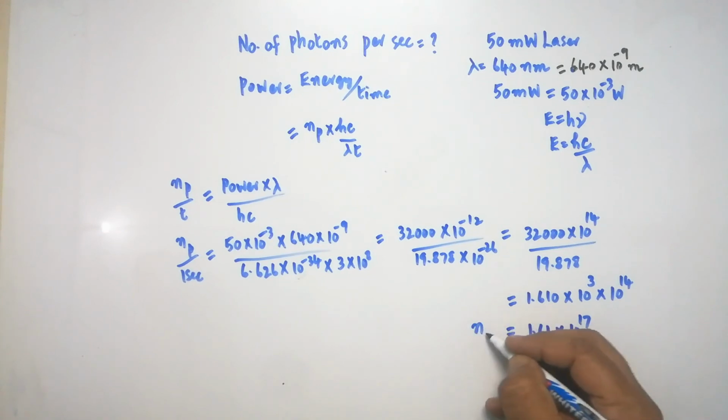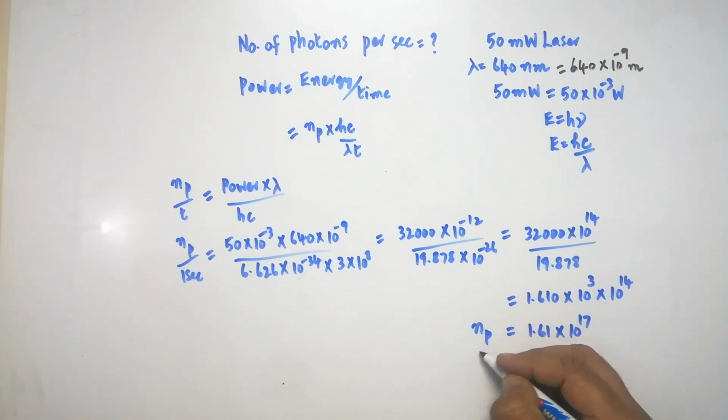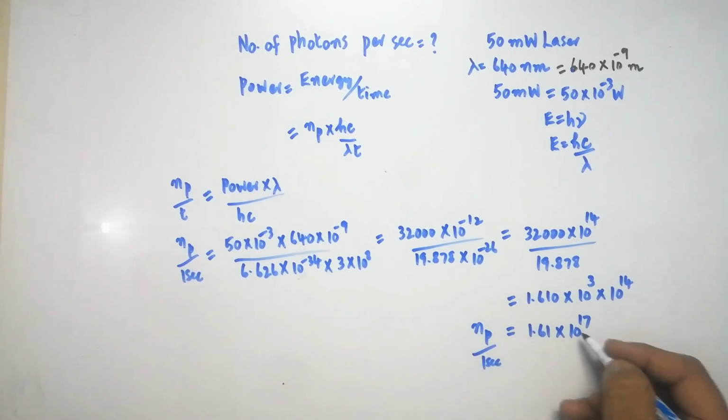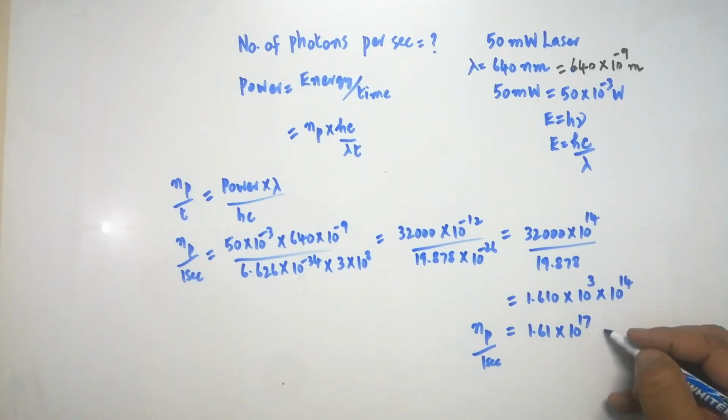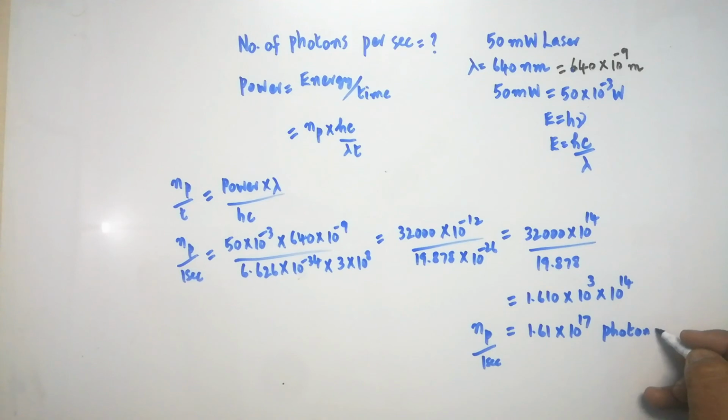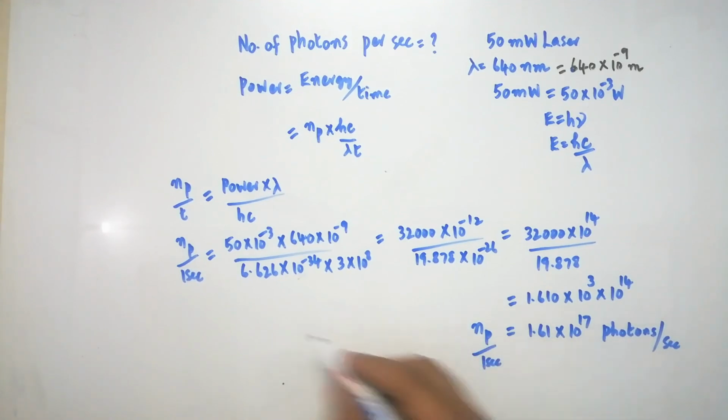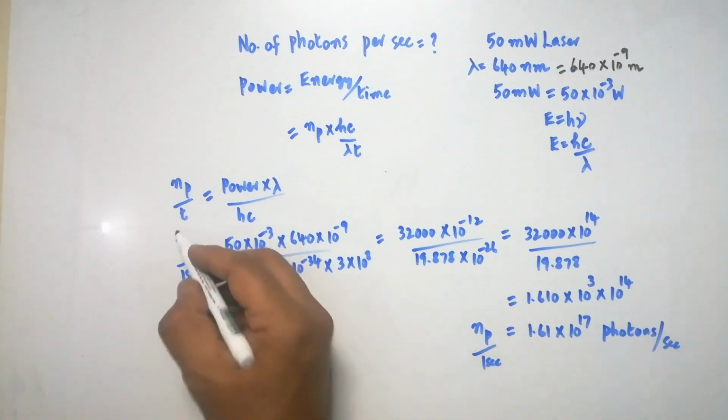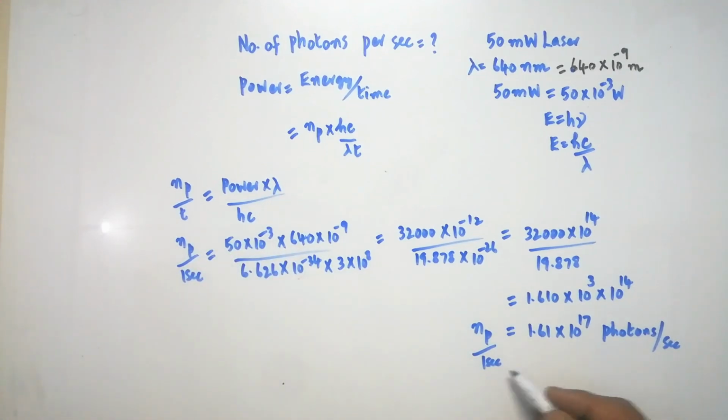So these are all the number of photons emitted per second. Are you clear? Per second, this many photons are emitted. In the answer part also you have to write photons per second, because on the LHS, Np by t is there, and instead of t you have to substitute second. Here also you have to write second. So it is a very simple problem, may be asked for 3 marks.